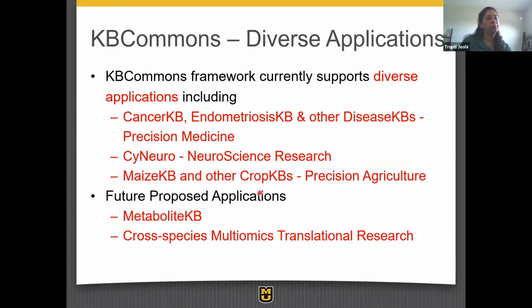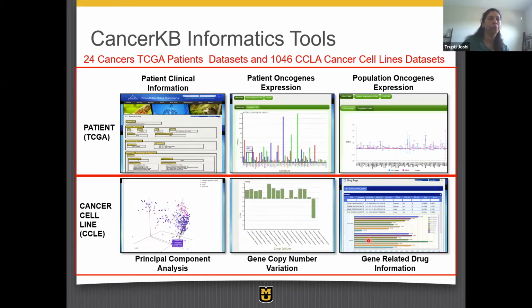This same KB Commons system has actually been used for other diverse applications. As I mentioned, we have these cancer-related and disease-related pieces in it. We have used it for the initial setup of a neuroscience-based KB, and then MaizeKB, which I'll touch upon very briefly, where we are generating a lot of data sets through our NSF projects. And then there are some future applications we are considering, bringing in cross species, because now we have multiple crops in the same KB. You could have the same drought or other conditions you are studying, and so you are now in a position to do more cross-species, homology-based comparison in that same infrastructure.